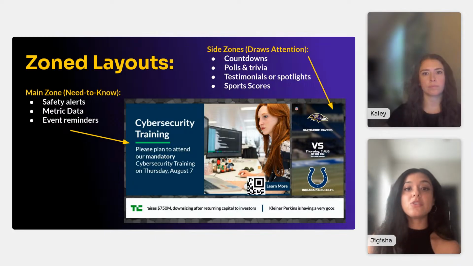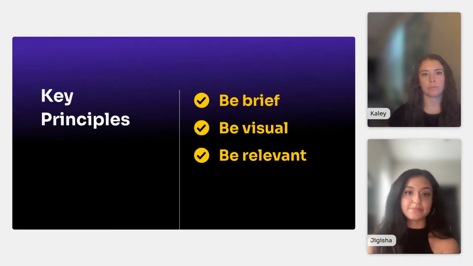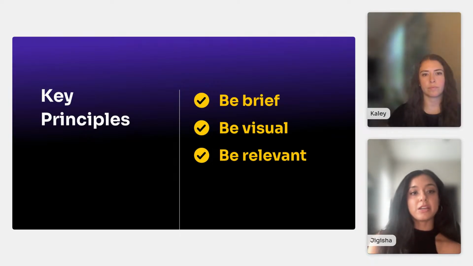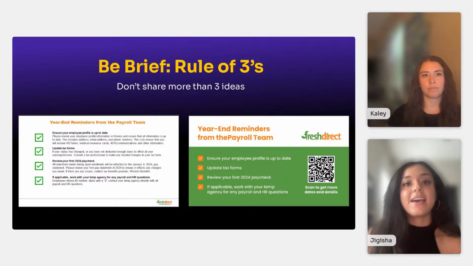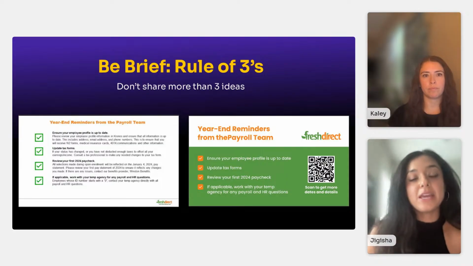So let's continue on the what by talking about design principles. You want your content to be shown in a way that can be easily understood and processed by your audience. And so we really wanted to simplify this into 3 basic principles: being brief, visual, and relevant. So with this, we've given you a couple ways you can achieve each one, but obviously there's going to be multiple ways you can. So let's start by being brief.